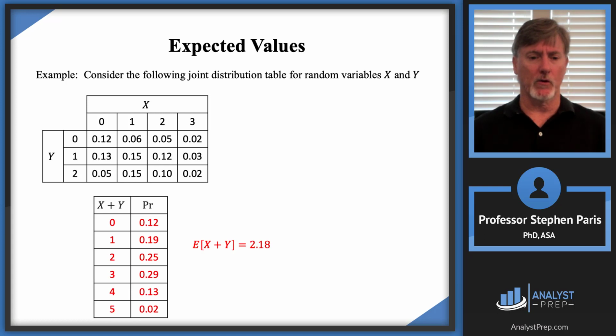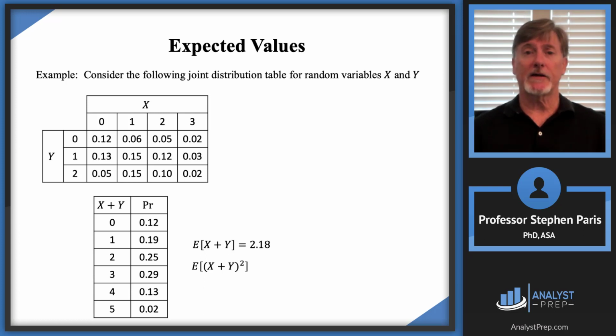And then if I wanted to know the expected value of cap X plus cap Y, I would just take the sum product, and you'll get a 2.18 when you take the sum product of the columns that are in red there. Notice I could also take the second moment of the sum cap X plus cap Y. In other words, I take the expected value of the square of cap X plus cap Y. I've got the cap X plus cap Y values, so now I just square them and then take the sum